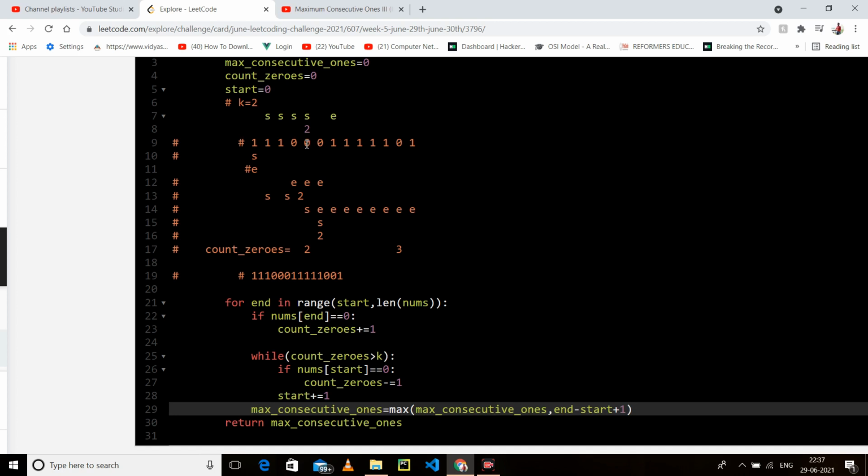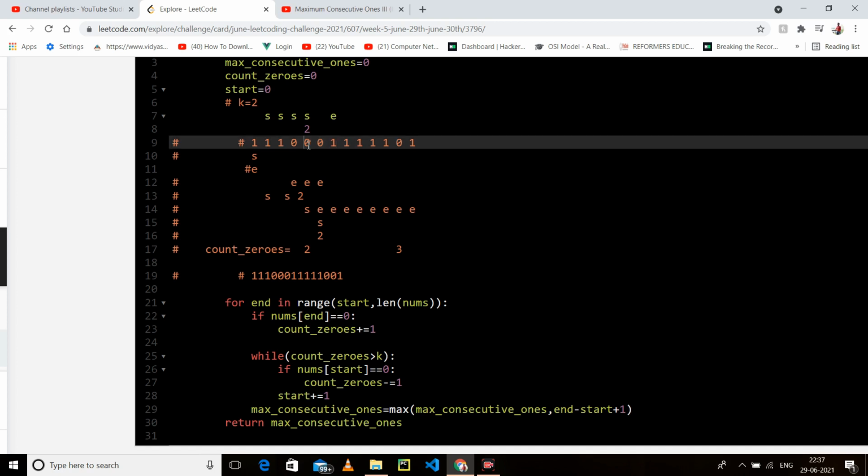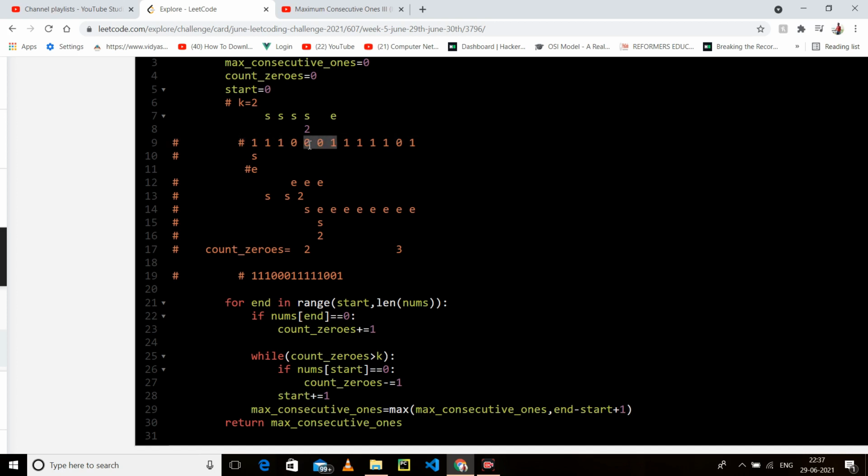So here I have a hold of this window, and this is valid because here I can change only these to 0. So if I count here, 0 1 2 3 4 5 6. Okay, 6 minus 4 is 2, plus 1 is 3. So I have a window of size 3, but here we are taking the max, so our window is not going to change because the max we have already stored is 5.